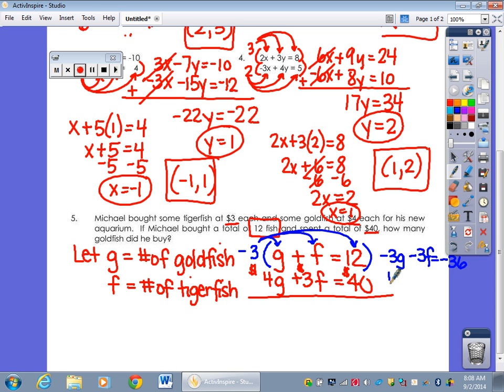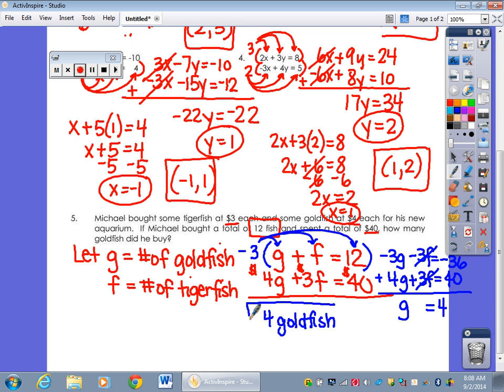And then on the bottom we have 4G plus 3F equals 40. Now when I add those two together, 4G and -3G becomes 1G. This cancels, and 40 minus 36 is 4. So my number of goldfish is 4. That's all they asked me to find. They didn't ask me to find the tigerfish. If they had, I could go back and put 4 in for G, and that would be 4